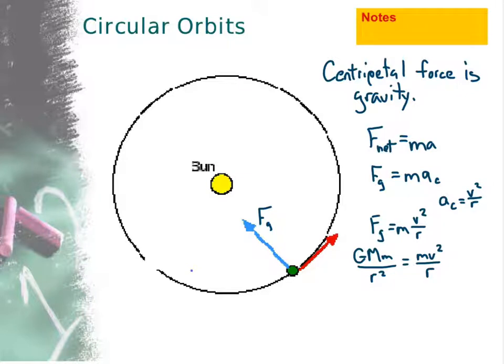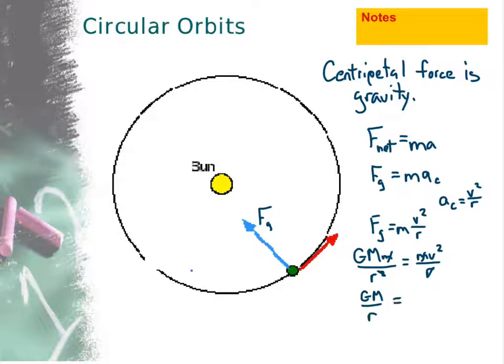Okay, so when you set this up, a few things happen to fall out. We know that there's mass on both sides, so those divide out. And we know that if we were to multiply both sides by r to get rid of this radius, it would turn out that this r would divide out with one of those r's. So now we have G big M over r,